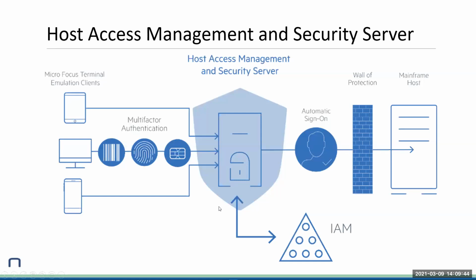Now, you're going to see this image later on today again, but we're going to talk about one component from Micro Focus, which is their host access management and security server. But what I wanted to highlight here is where we remove the direct access to your mainframe hosts. Now, when I refer to mainframes here, this can also be Unix-based systems. Any kind of host application that you need to access does not need to be accessed directly anymore